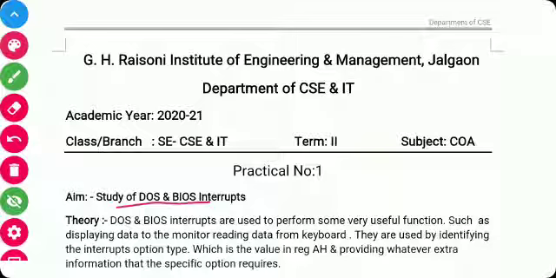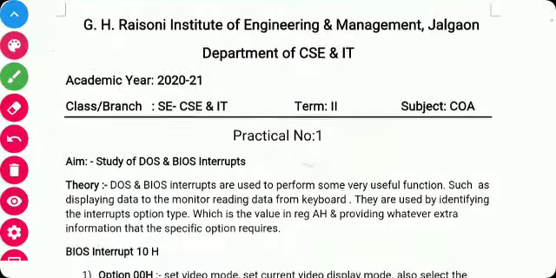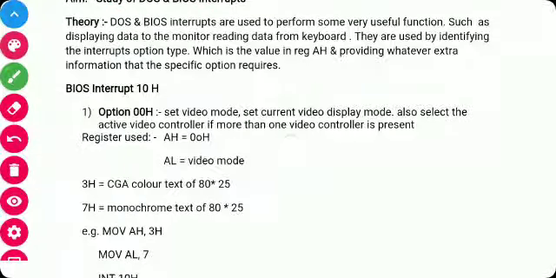First we will see the BIOS interrupt, that is INT 10H. The first function is 00H, which is used to set the video mode. It means we are not only running the program in text mode, but also in graphics mode.